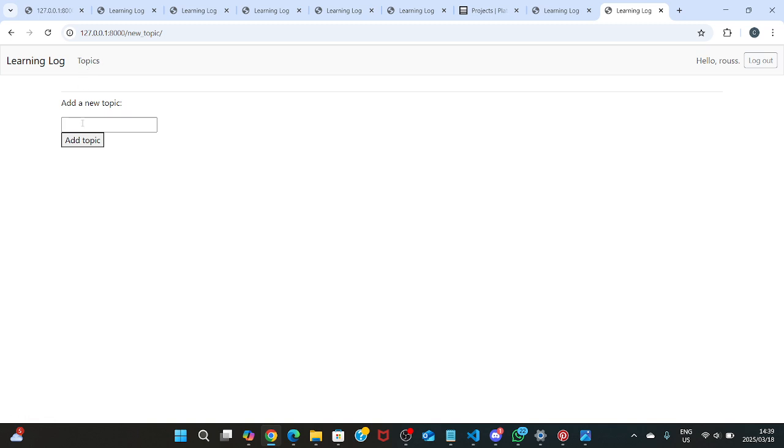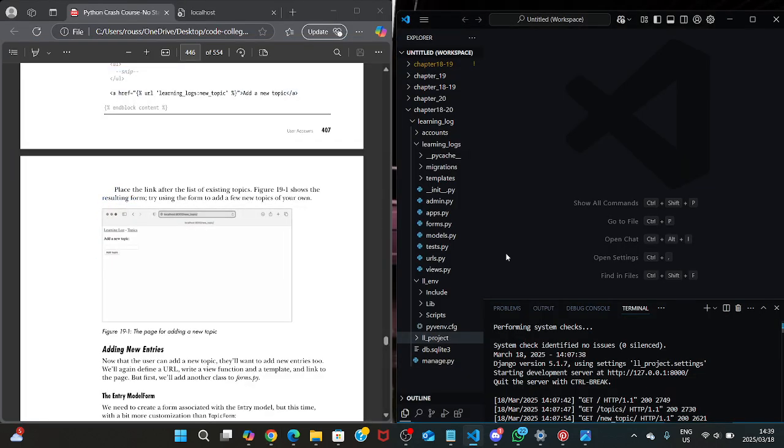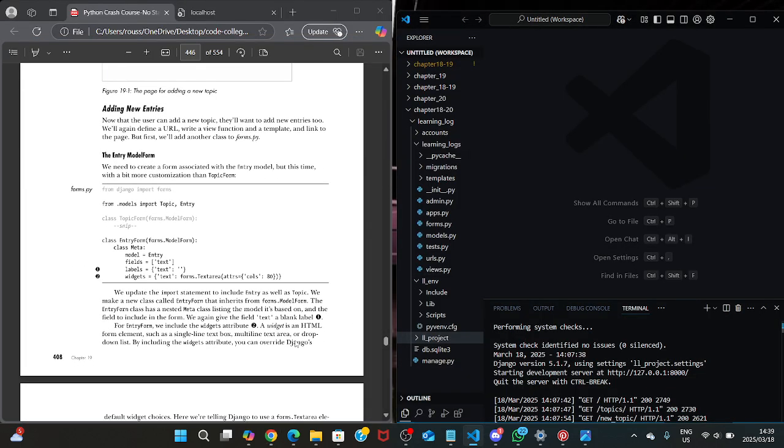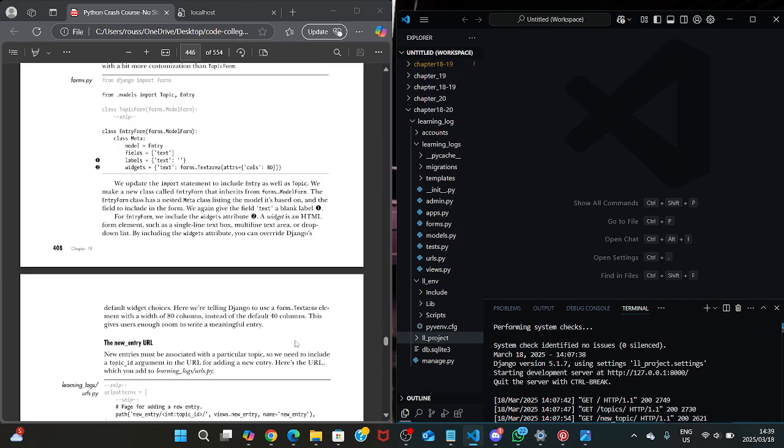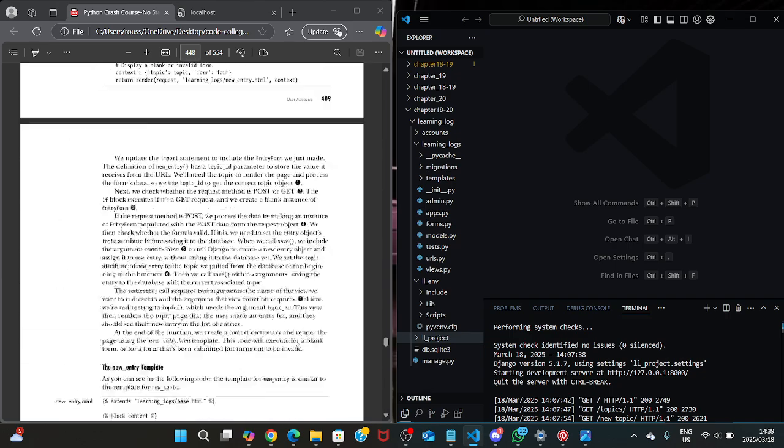Over here, as we can see, I can add a topic. I added the topic, and then new entries is our next topic. So once we added all the code,